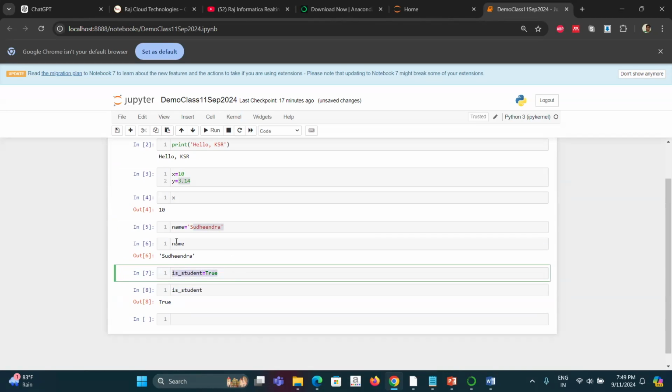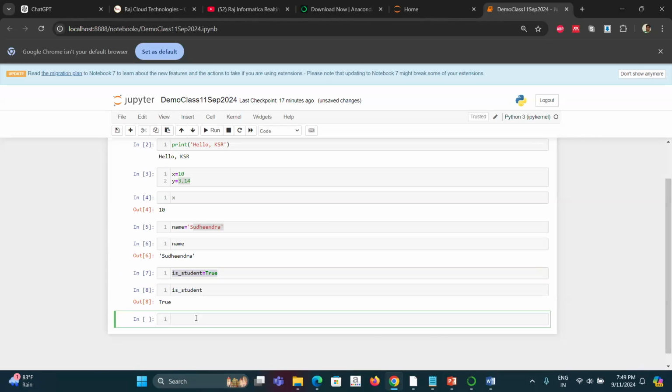These are the four different types, and you can get that information, what kind of variable it is and what the type is. All that is out of scope for this demonstration class, because we have planned a 1 hour session, and we might be overshooting by 1 hour 15 minutes. I don't want all those things to lag, so I want to give you a glimpse of the course.